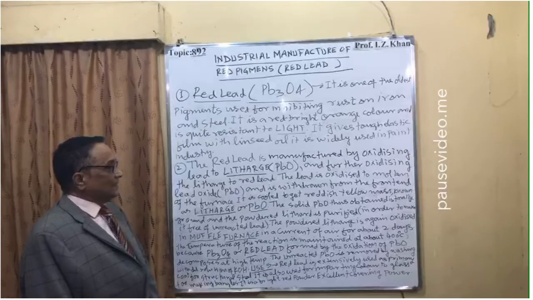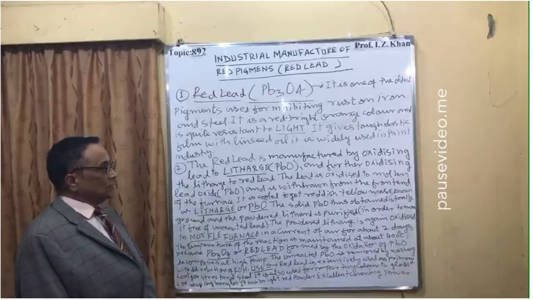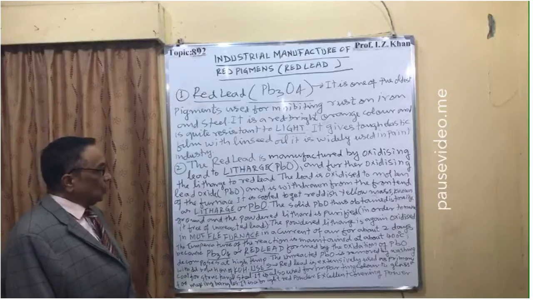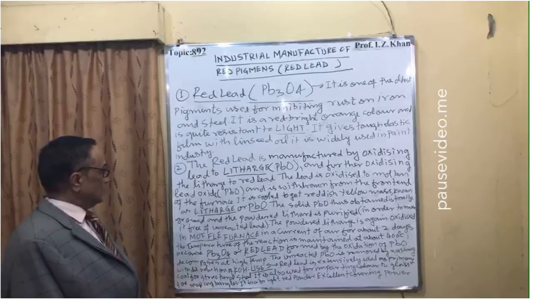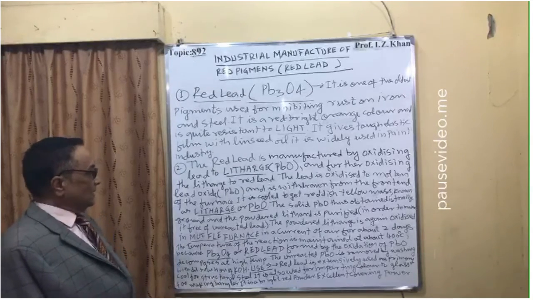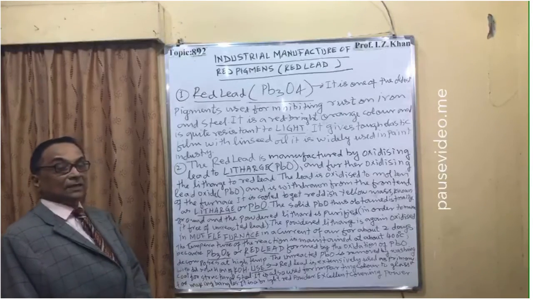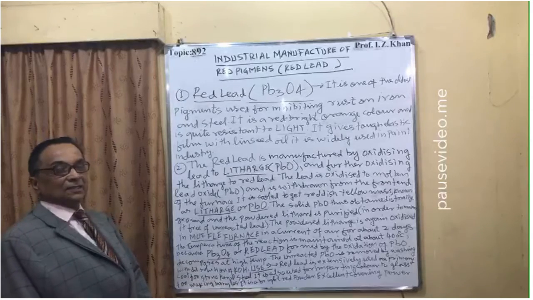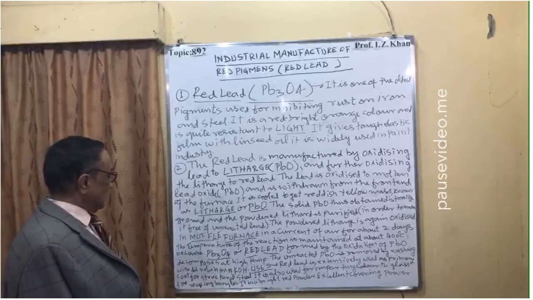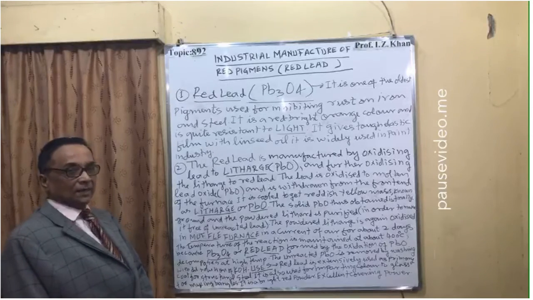The lead is oxidized to molten lead oxide and is withdrawn from the front end of the furnace. It is cooled to get a reddish yellow mass known as litharge, PbO, and the solid PbO thus obtained is finally ground and powdered. Litharge is purified by screening, since there are some impurities associated with it. Many methods are there to remove the unreacted lead, which is the impurity in the litharge.